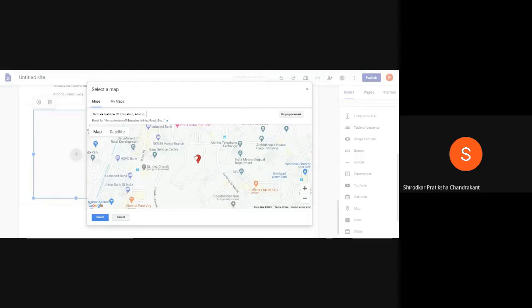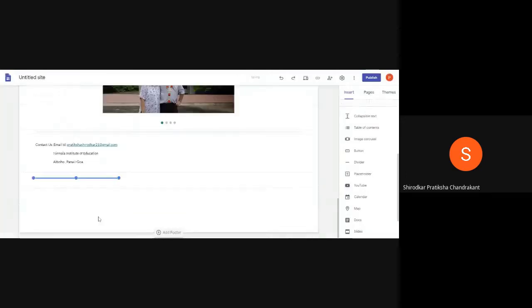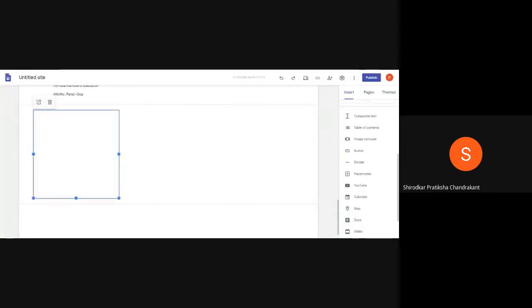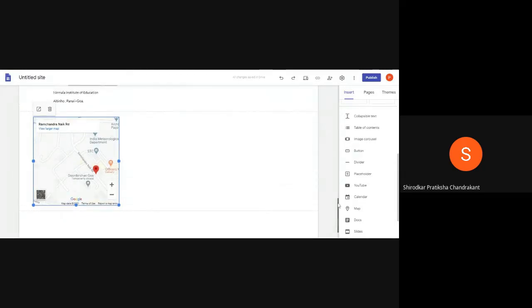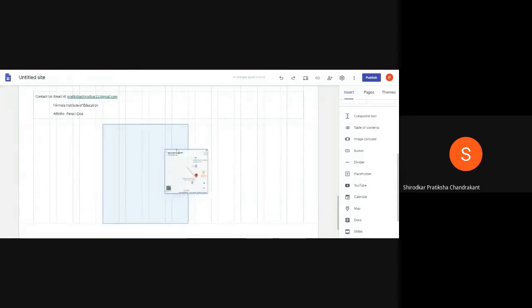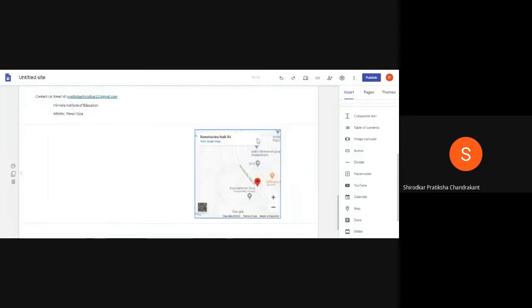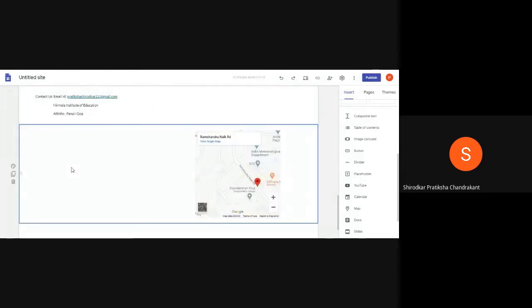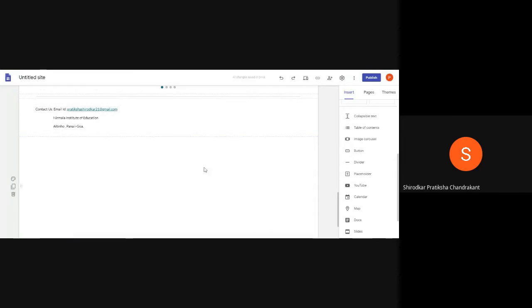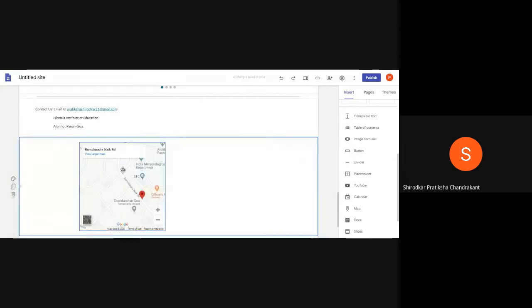The moment I find this particular symbol, and the select option is active, I can click on select and you'll be able to see the map of the college here. I can drag it and shift it where I want. If you have anything to add to this section along with the map, you can do that as well.